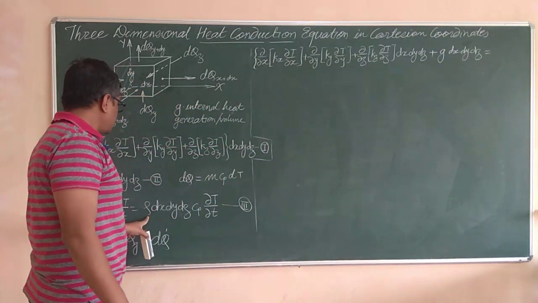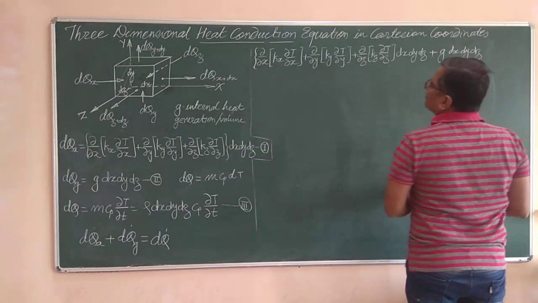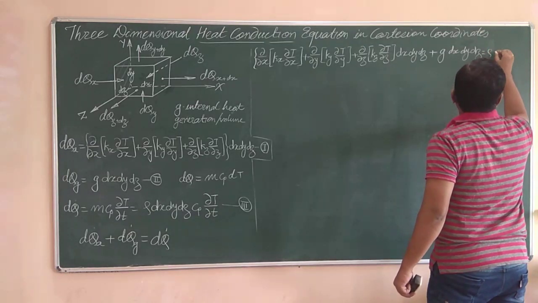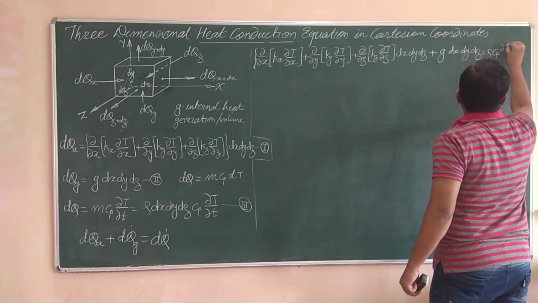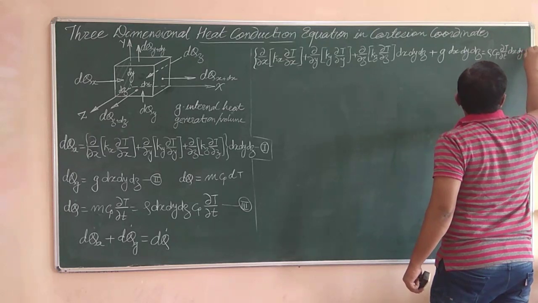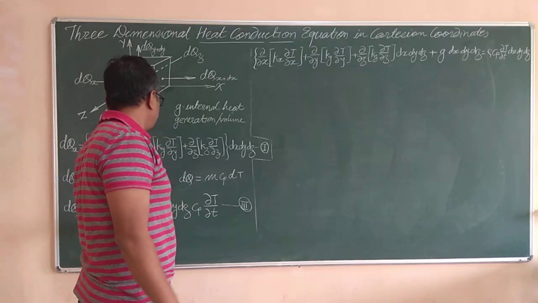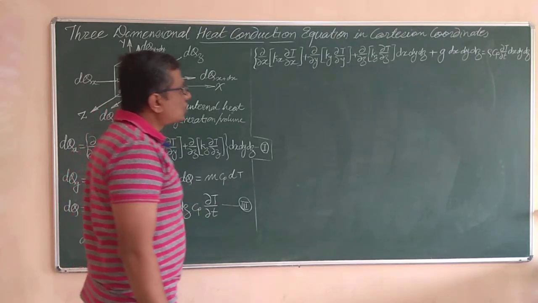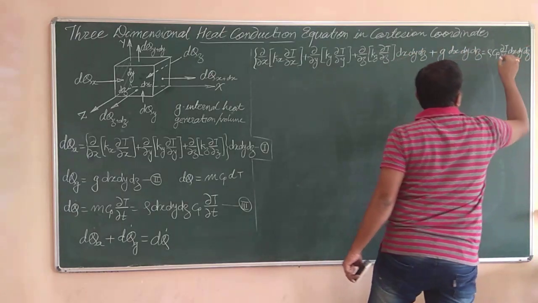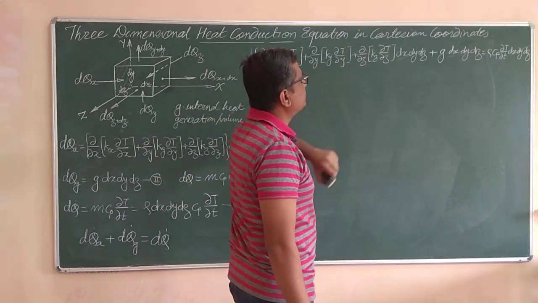Now this term, what is this term? Rho into dx dy dz into cp into ∂T/∂t. So if I write it over here, this will be equal to rho cp ∂T/∂t into dx dy dz. I think I have fitted that part, rho into cp into ∂T/∂t dx dy dz. So out of that you can see this dx dy dz, which is the volume of that element, can be taken common from the left hand side and will be cancelled with the right hand side.